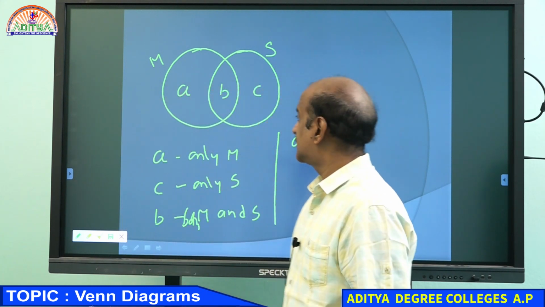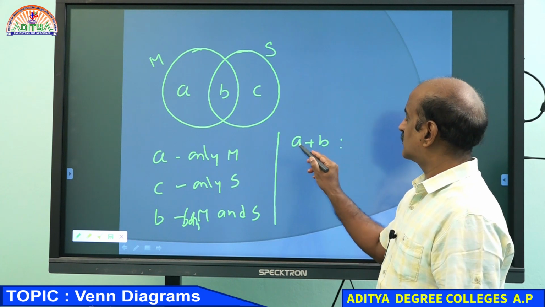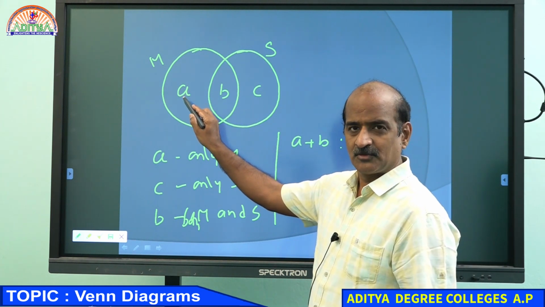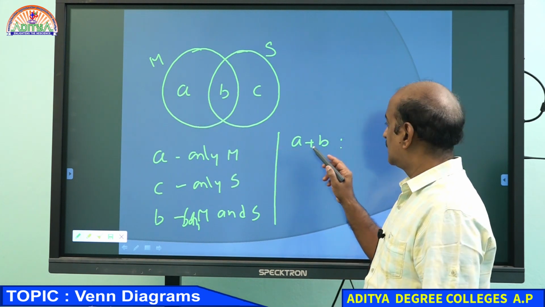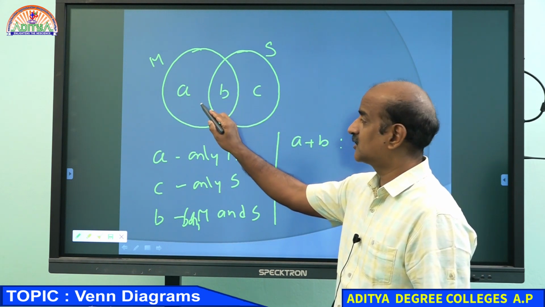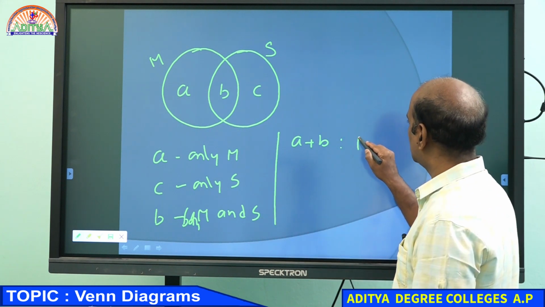For A plus B, we cannot say both mathematics and science. The reason is, out of A plus B, A likes only mathematics. How can you say both maths and science? Because A does not like science. I hope you understand this. And if you want to comment about B, of course B likes maths and science, but not A. If this is the question, my dear students, we can simply use maths.